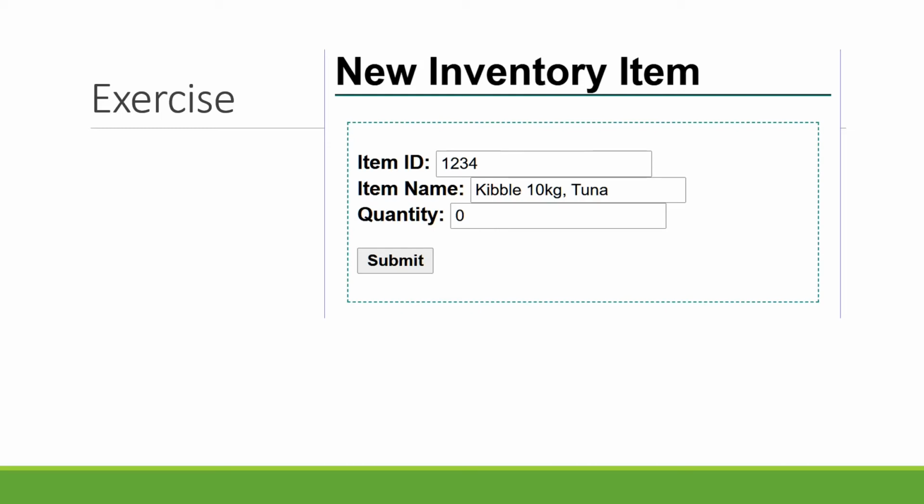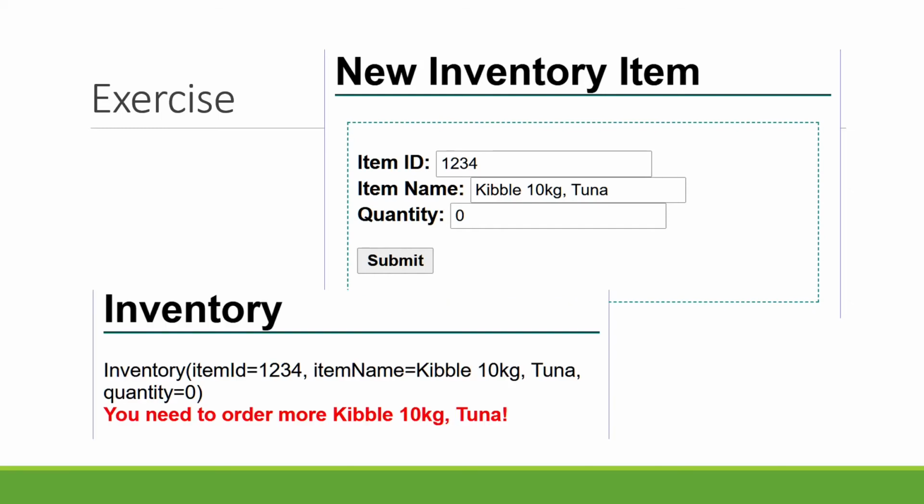The handler method should then load the output page. You can create a different output page, or you can use the same output page. Doesn't matter. If you're using a new output page, then go ahead and add the output page. And what you're going to do is, in the output page, you're going to add code to display a message if the item's quantity is 0 or less. And your message should be something like, you need to order more blank, where blank is whatever the item name is. So you're going to replace the item name in your sentence. And then have something good for a fallback, like you need to order more of something, or you're running out,